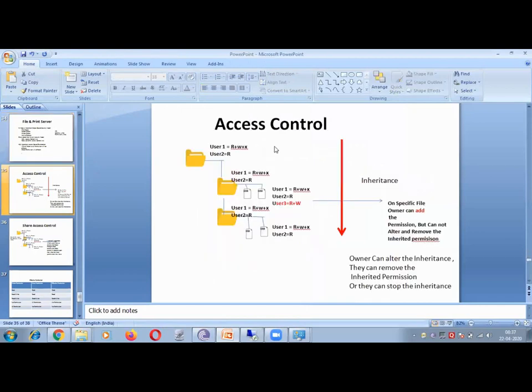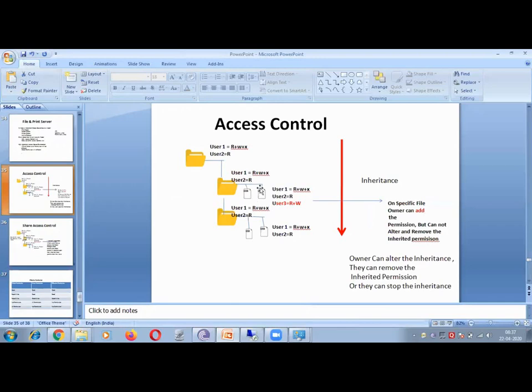Here I have an example: let's say this is a top folder. Below that we have two child folders. Each child folder has two different files, right? On the top folder, user one has read, write, execute permission, while user two only has read permission, right?